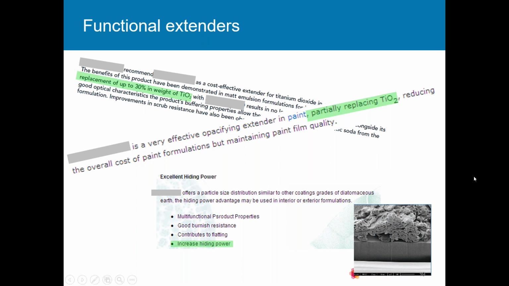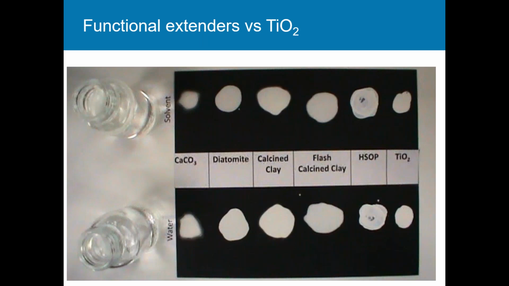Sometimes there is a nice picture here. Here it's a kind of clay where you see the different layers, and between the layers you see some air pores, and it's claimed that these air pores also can contribute to the hiding power. Many variants. Here in our section, we will discuss the main families or the main effects. Here we made a selection of